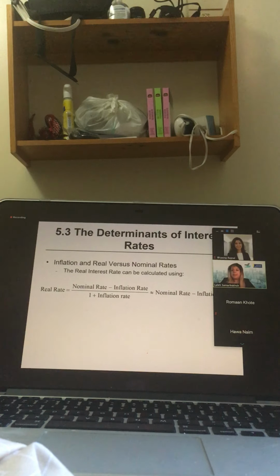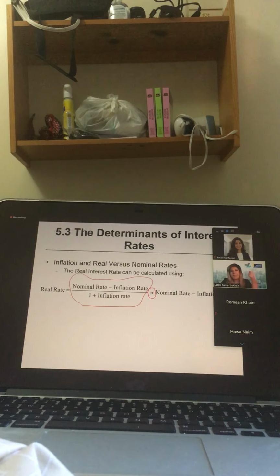What you see in your textbook, and I put it here, is that your textbook says this is telling us roughly, so this is not equal. This is saying, okay, if you're in a rush and you don't have time to do all the calculation, which is time consuming, this calculation gives you the exact real rate. It says if you're in a rush and you just want to have an estimate, take the nominal rate minus inflation rate, okay?